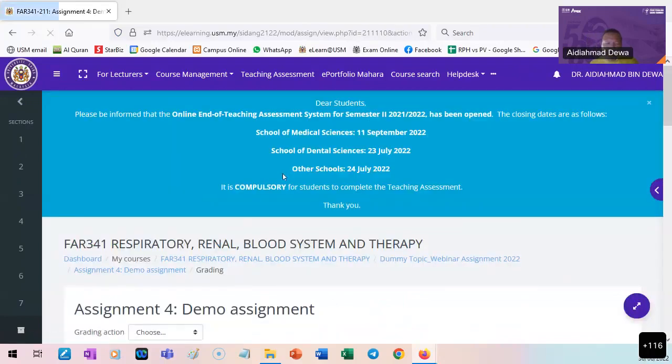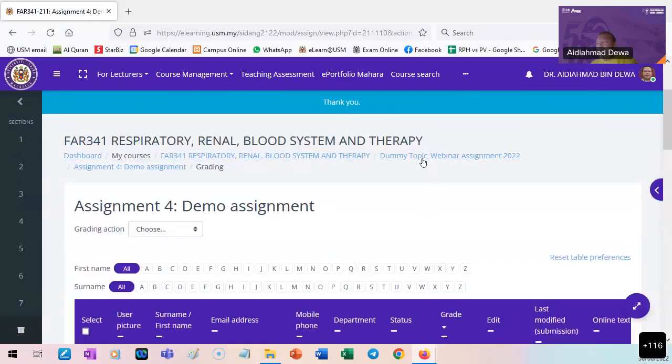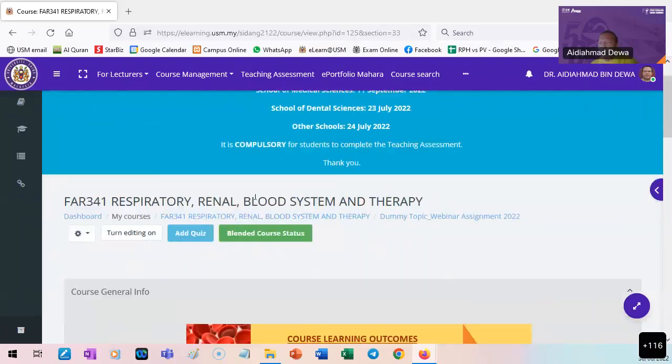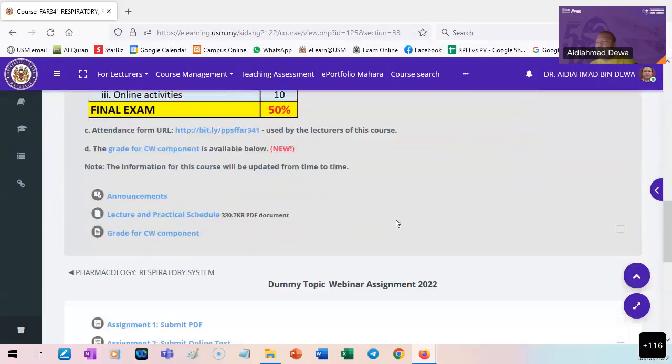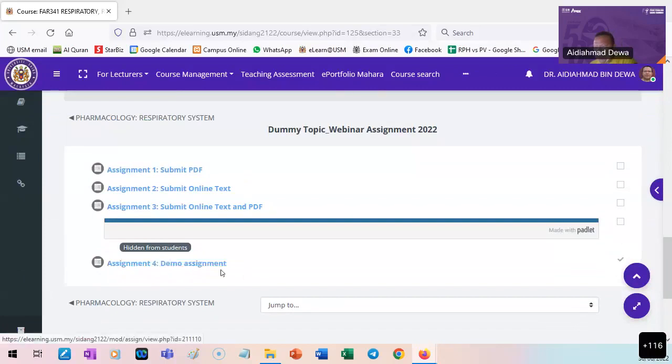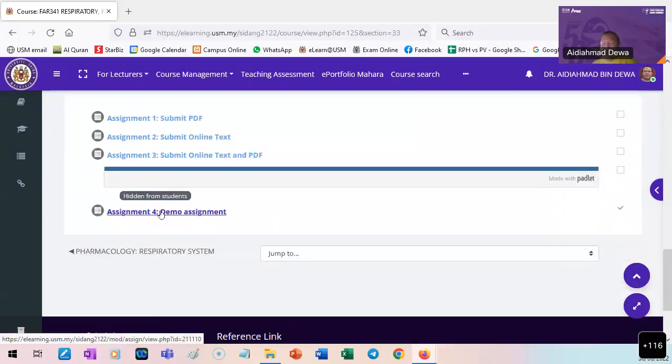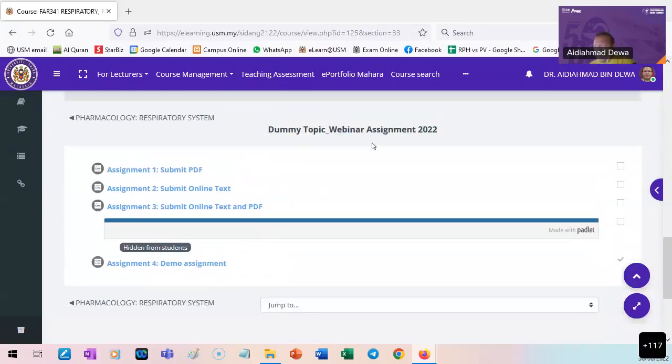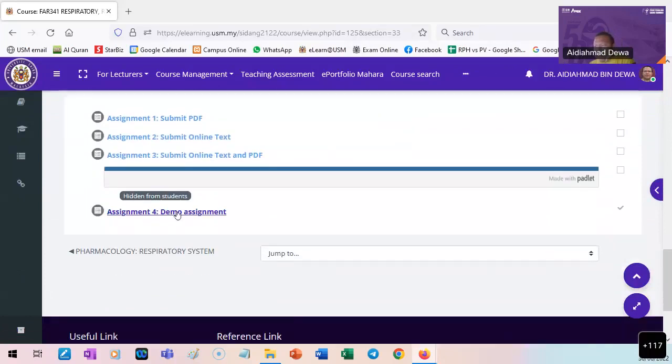Okay, Dr. Jahangir, you get the point, yeah? I'm showing the second way. The first way I showed just now was how to go in to view their submitted material: you go to the topic and click on the assignment here. So there are two ways to view the submission by the student. You either go to the topics and click the individual assignment, which will bring you to the detail of the assignment, or